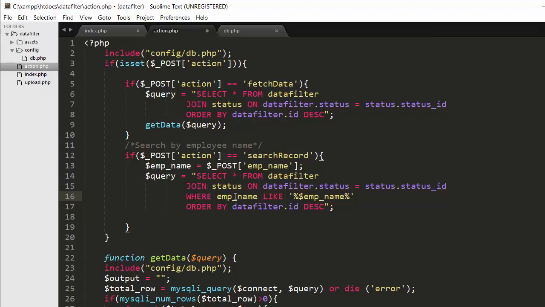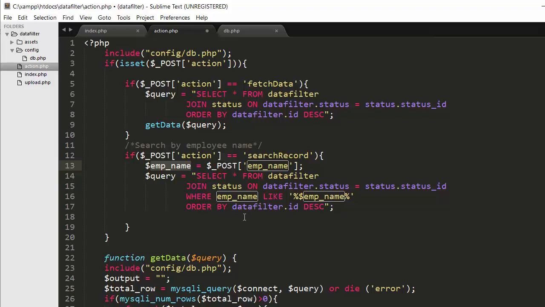Okay, so emp name will be stored inside this emp variable, and I'm matching this emp name here inside this SQL query. Okay, so if I find any record inside my SQL table which is similar to this emp name which the user will be entering inside the search box, then I will be getting that record, and I will be getting those records based on the descending order.